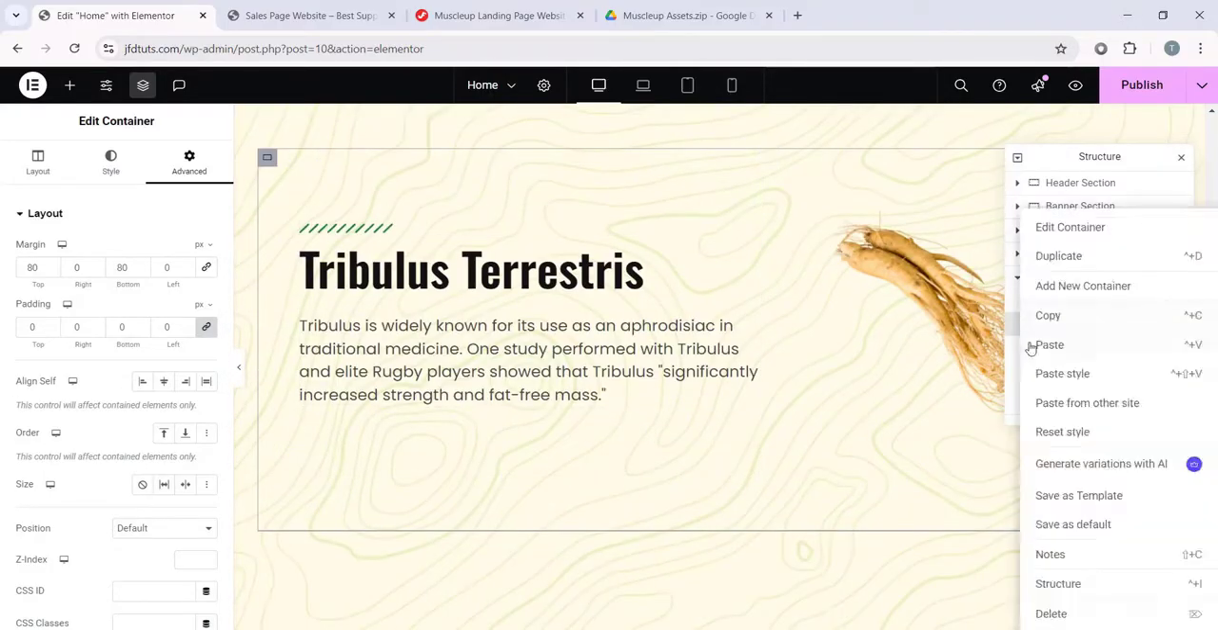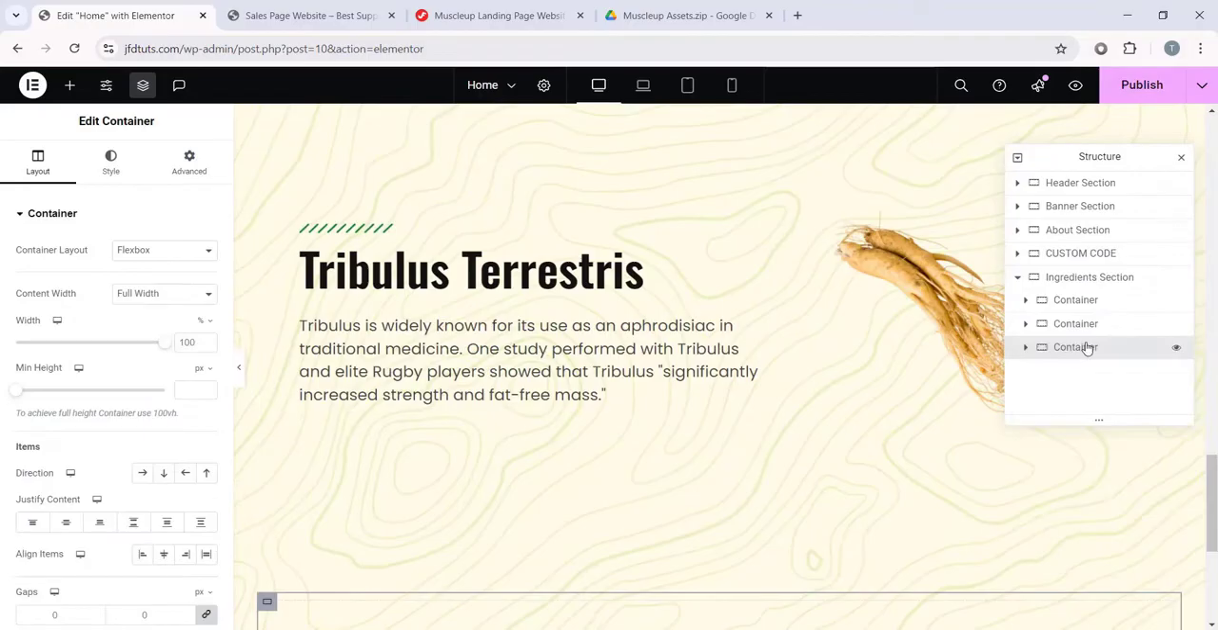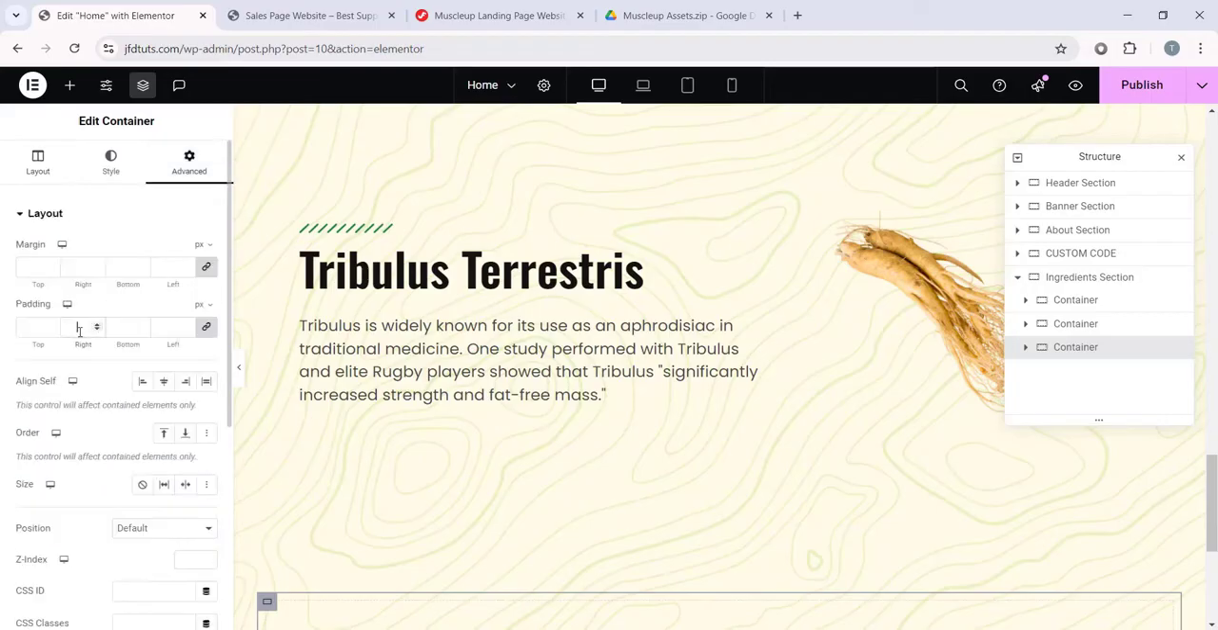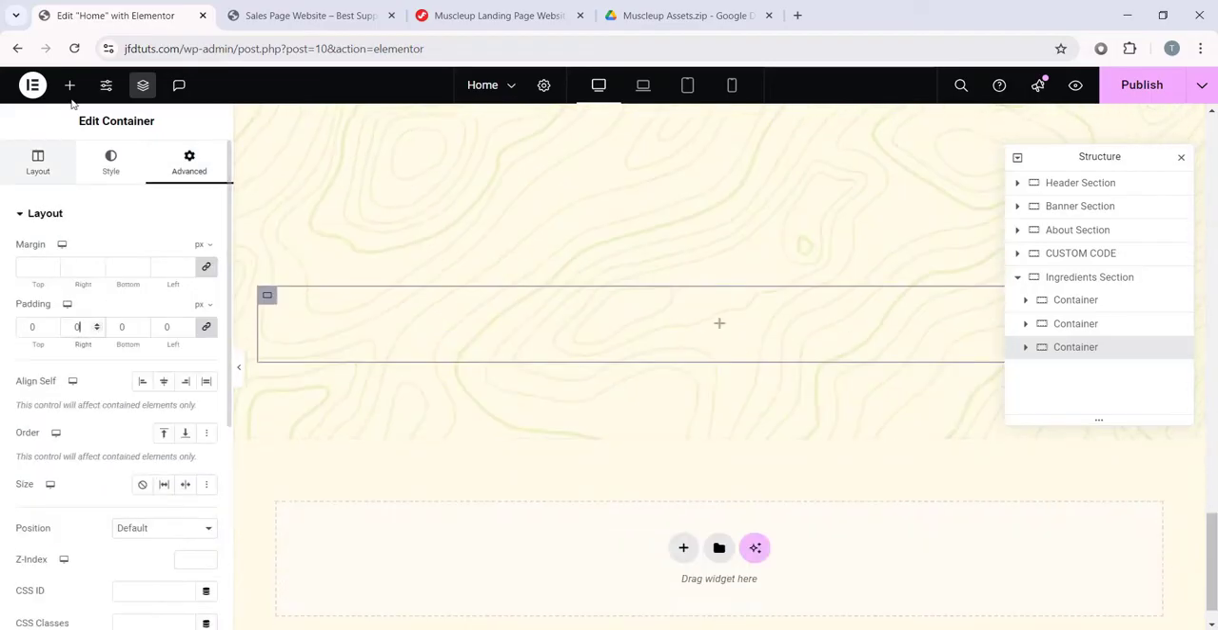After that, let's add a container. So this is the third container. This should be direction to row and justify on the center. And on these gaps, I'm gonna use some gaps, which is 66 pixel. Then let's make the padding 0. Then inside, let's add an image widget